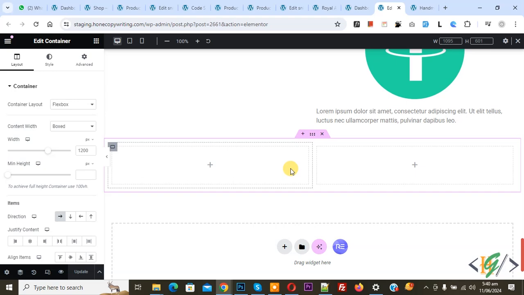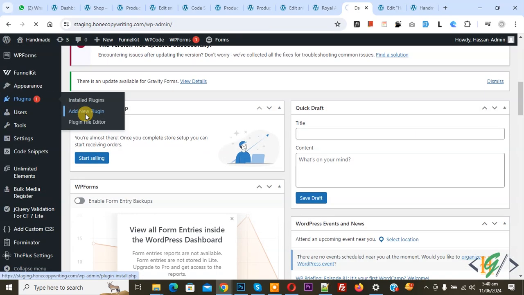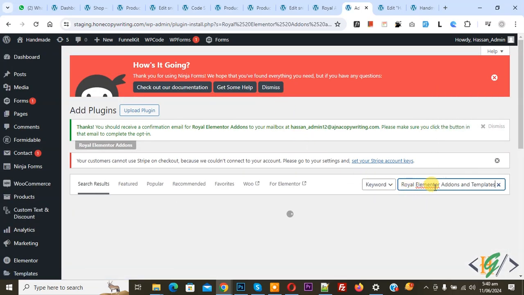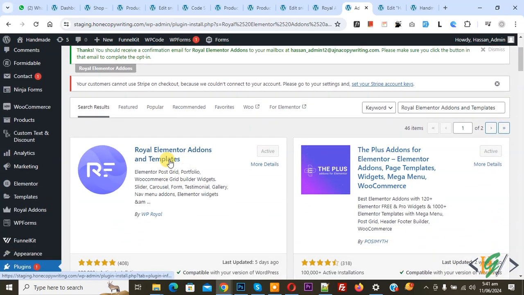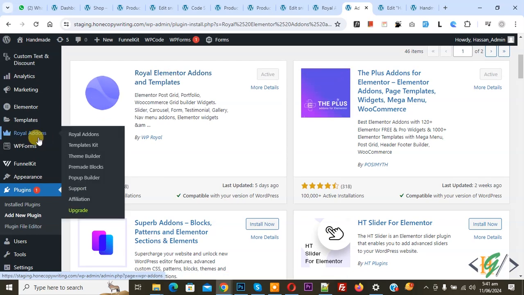Now go to dashboard. On the left side you see plugin, so click on add new plugin. So we are going to install a plugin, and then in search plugin write Royal Elementor add-ons and templates. So this is the plugin we will use. You will install this plugin and activate it, and after activation on the left side you see Royal add-ons, so